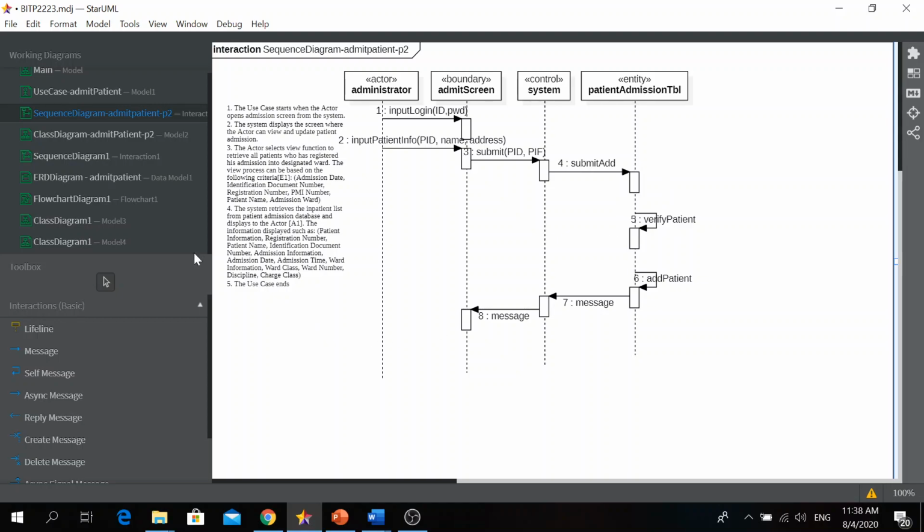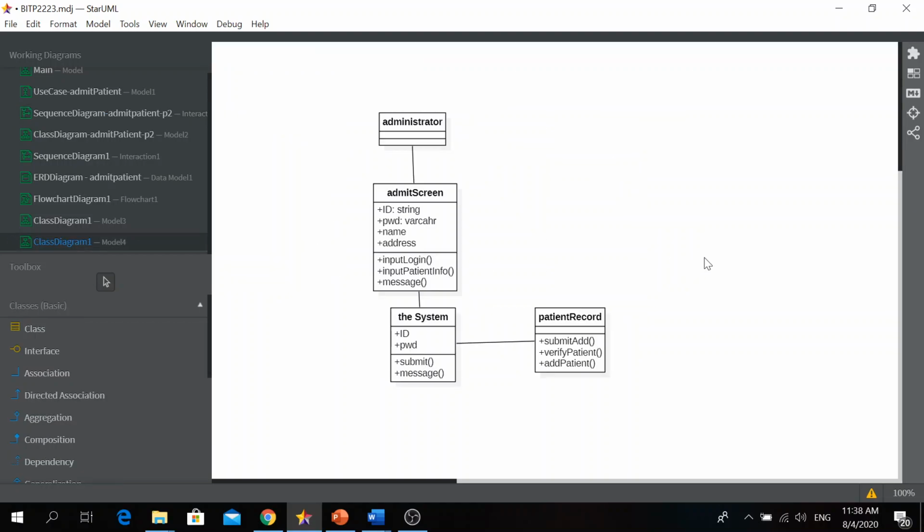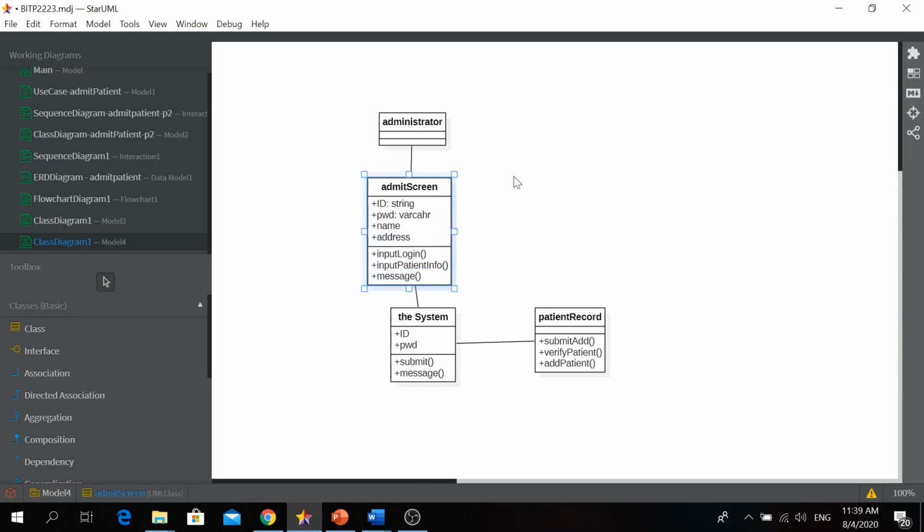Okay, so I think this is an example. I hope you understand how to manage your model before you go to the design. Each of the classes needs to be completed.